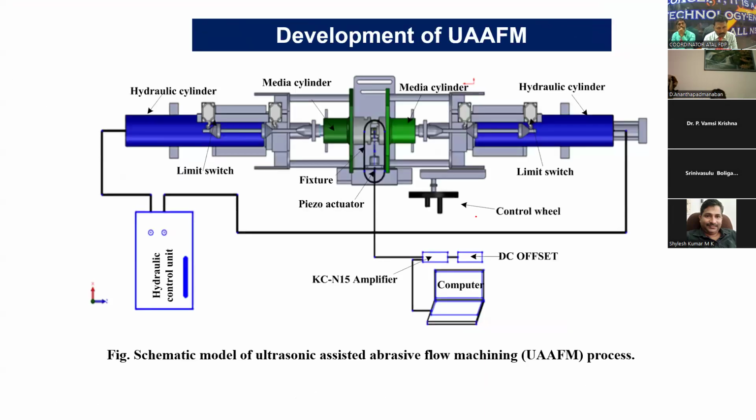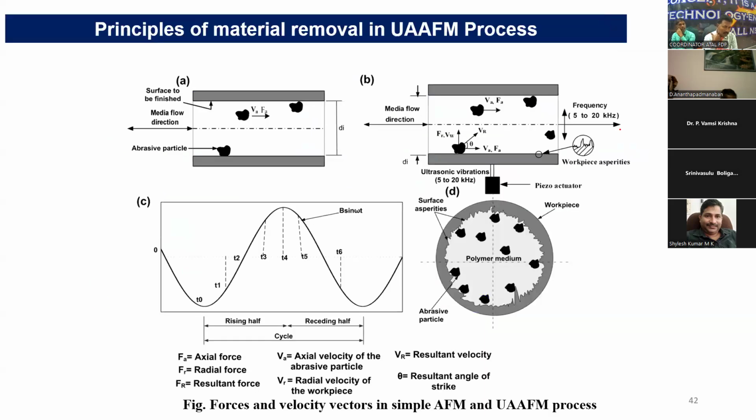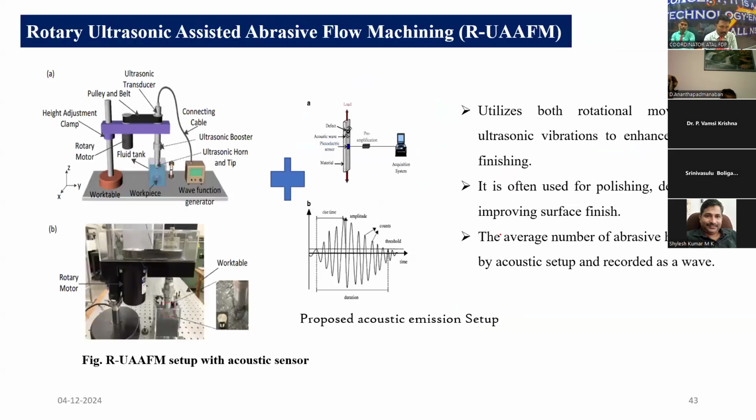And one more thing is the development of the ultrasonic assisted abrasive flow machining process. The same thing, whatever we gave as ultrasonic assisted vibration, we can give here also. So media is flowing like this, and at the same time we give vibration in this direction, to change the direction of the media and to give more complex movement of the abrasive media to get a better finish. Instead of this movement, the particles move randomly and strike the surface like this. To improve this, maybe you can use ultrasonic vibration assisted machining.